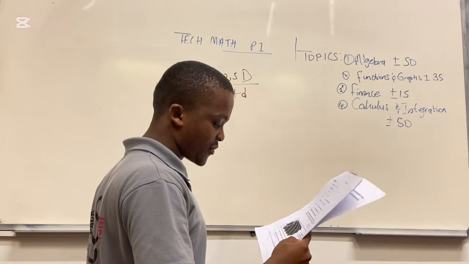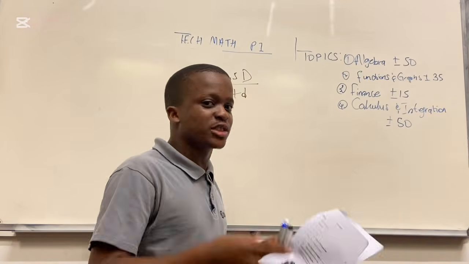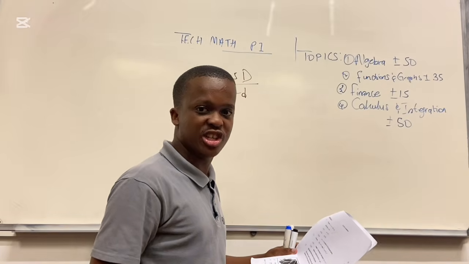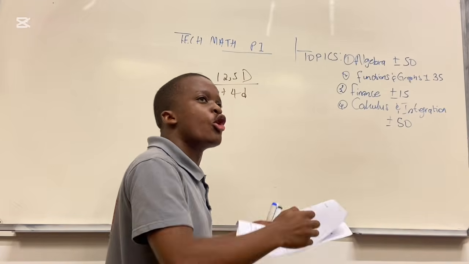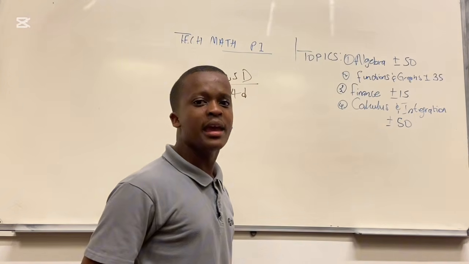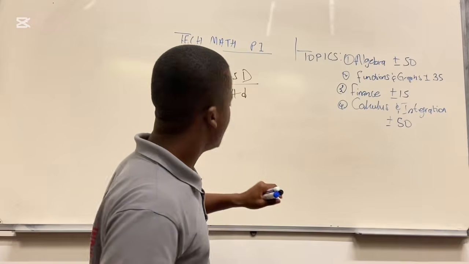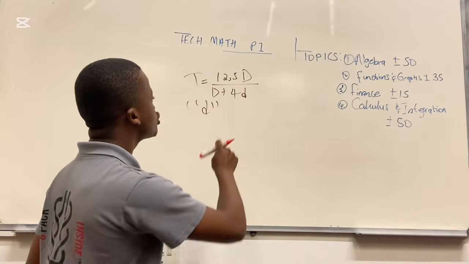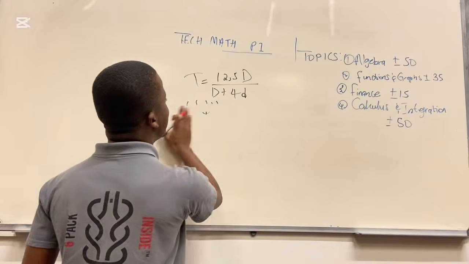Now D is the subject of the formula. Now it's always like this, guys. It's always like this, and it's about simultaneous equations. So if you grab the method, how do I go about answering this question, you will be on the right track. Now let's go. The small d, the subject of the formula. Now how do we make this the subject of the formula?